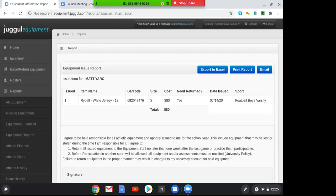And so again, this can be created into an Excel spreadsheet report, printed, and it can be emailed. So those are the basic features